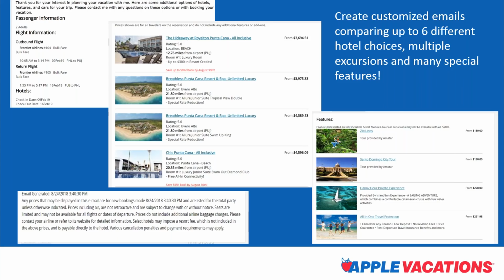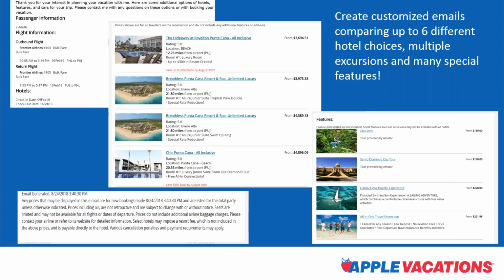Just a word of advice, it's always a good idea to add something like the features, some extra excursions, rather than just giving your clients an option of air, hotel, and transfers. Especially in this very competitive environment that we live in today, it's very easy for your clients to shop and compare your price to another, either an online travel agent or maybe even another travel agency altogether, if you're just shopping for the air, the hotel, and the transfer.